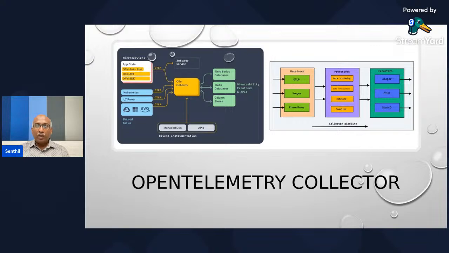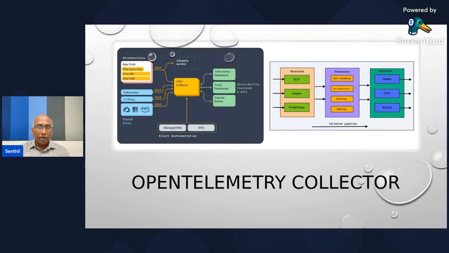Right, let's continue. So now we have an understanding of traces and spans. We had a look at a sample trace, and we understood the importance of context and context propagation. We also had a look at a code snippet where the span was created and the context was used to create further spans, and how the context was propagated from one method to another method, right? So with this fundamental knowledge, I want to introduce you to a component that is called